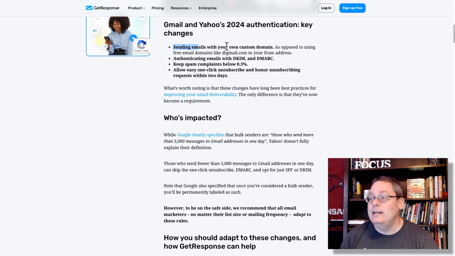As you can see, sending emails with your own custom domain as opposed to using free email domains like @Gmail in your from address. This is very important because a lot of people, when they get started, they want to quote unquote get started for free, and they start using things like @Gmail accounts or Yahoo accounts, and they don't actually buy a custom domain being something like 30minutemarketing.net, which is the domain that I own and that I send